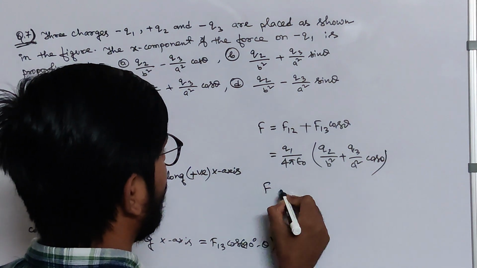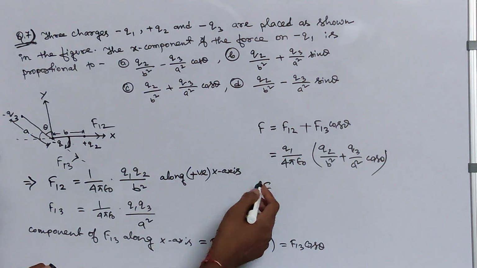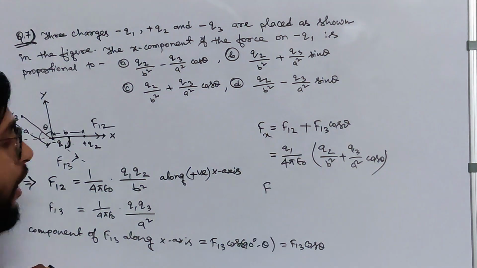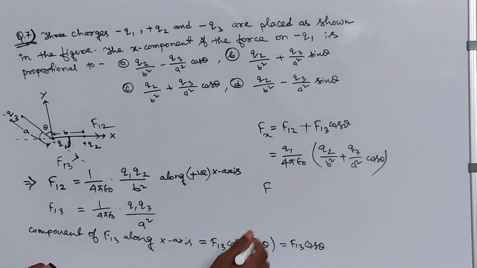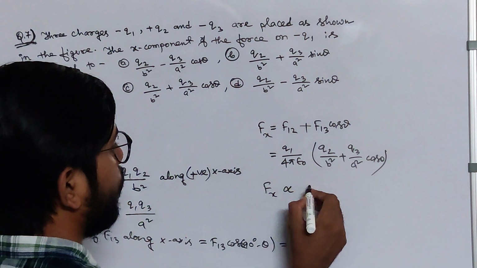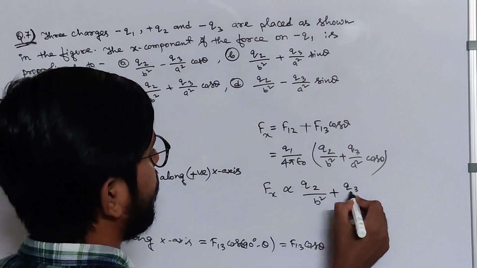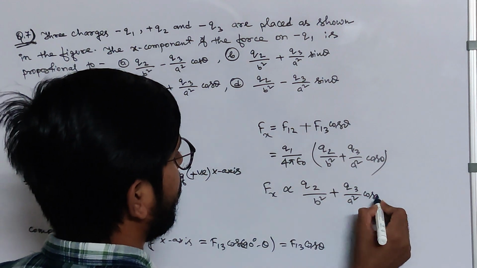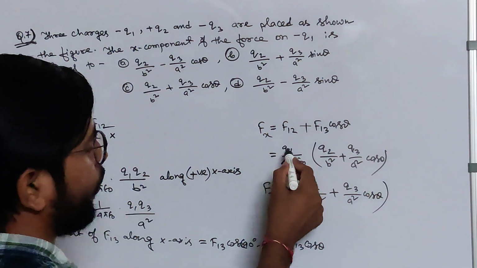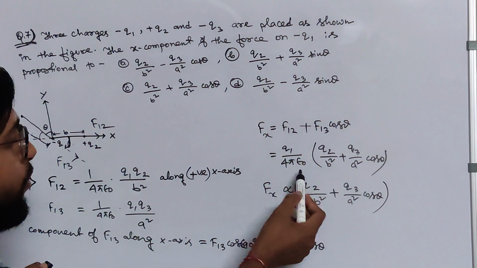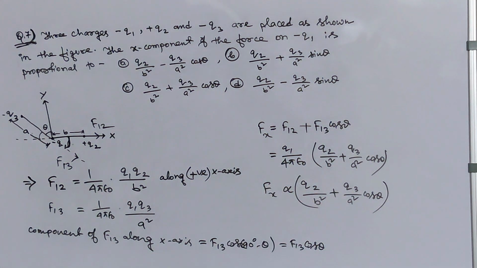So the x component of force, if I write it as Fx, means the component of force along x direction. That Fx is proportional to q2 by b square plus q3 by a square cos theta. Simply, right? Because this thing will be constant. q1 by 4 pi epsilon naught is constant, because q1 is the charge of the